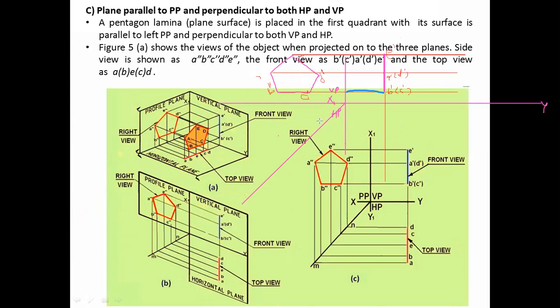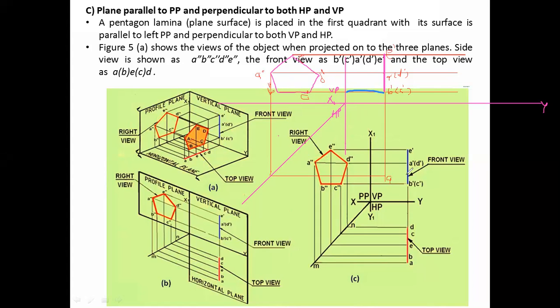Now we'll start from A. Always go in sequence. First A point. So I'll project it downward up to this line, and then from here, this. So immediately you mark it. You don't project everything. First of all, name it. Which point is this? This is A.